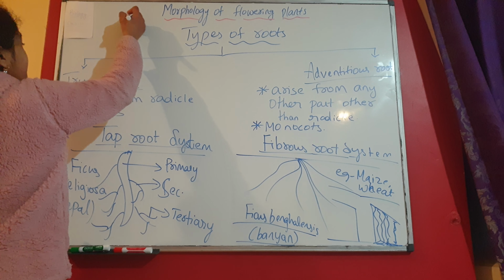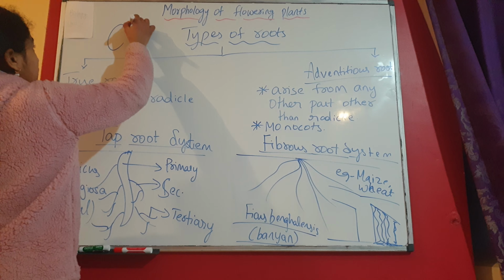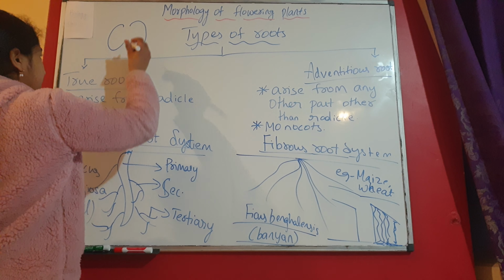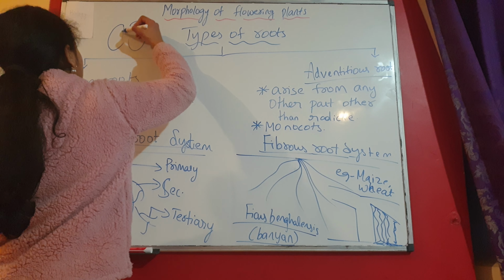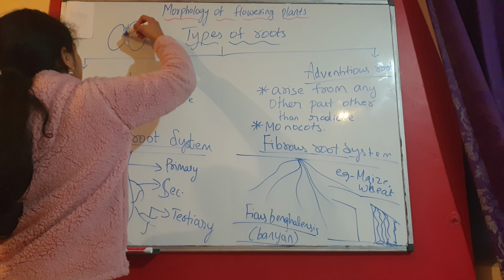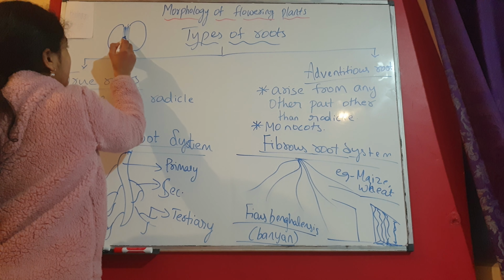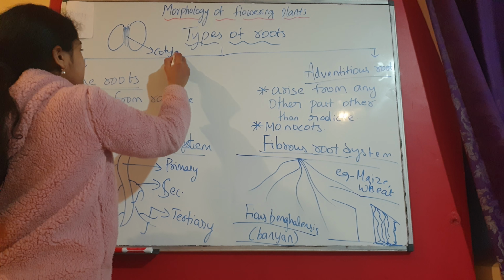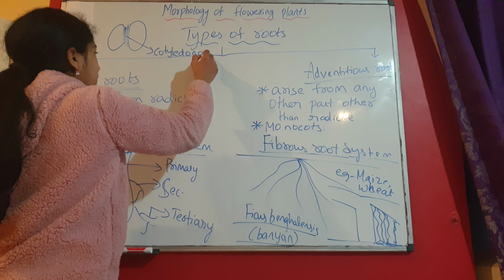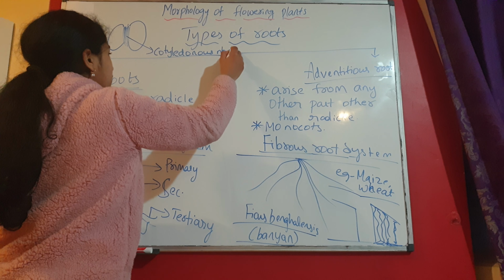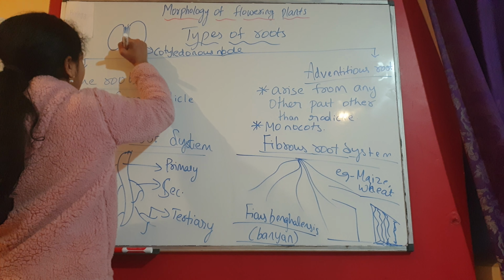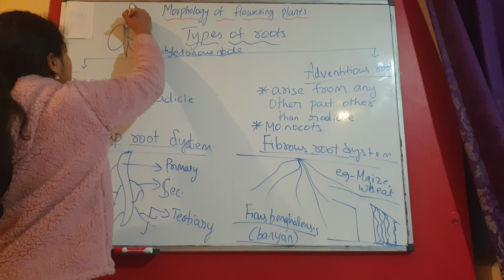For example, this is the seed or the cotyledon. The space here is called the cotyledonous node. Cotyledonous node. And there is radicle here, there is plumule here. Radicle is a